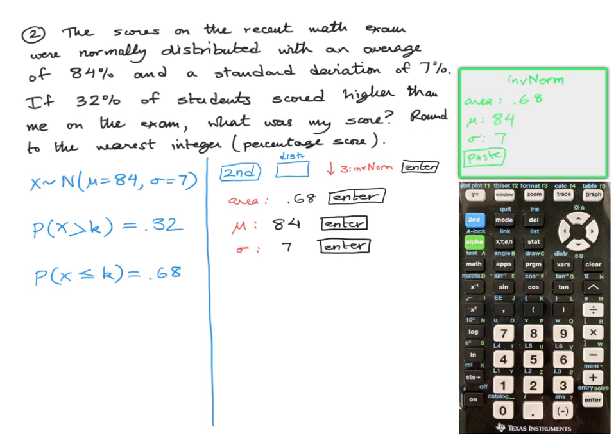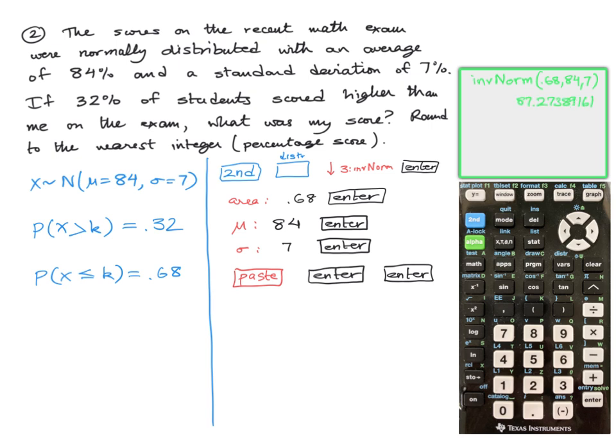And now it prompts us for the mean, which of course was 84. We hit 84, enter. And then it wants the standard deviation, which was 7. We hit 7 and enter. And finally, once paste is highlighted, we hit enter again. So the screen will now say inverse norm, 0.68 for the area or the probability value, 84 for mu, and 7 for sigma. And we are now going to hit enter one last time. So now the calculator spits out this value. So this value is the unknown k that I didn't know from my probability statement. So I can write that value down. k is equal to